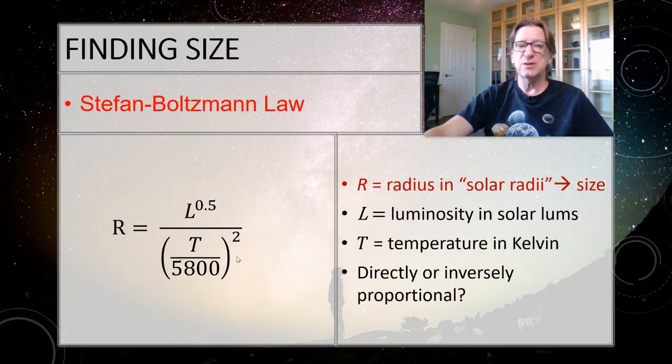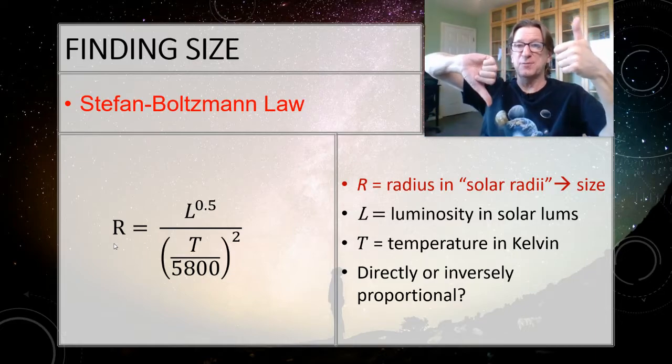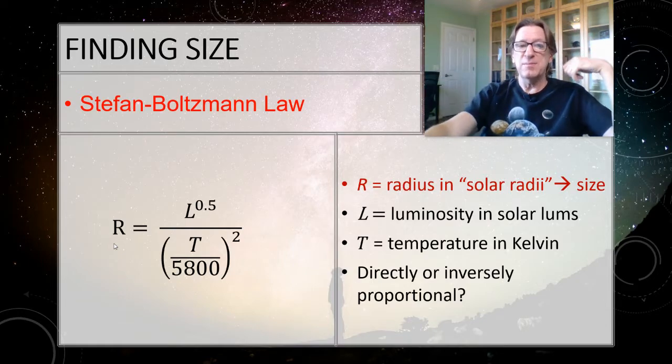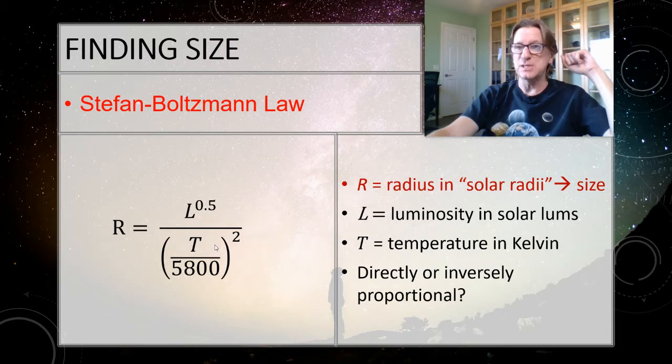Oh, and then we ask, is it directly or inversely proportional? So what we're talking about here, the temperature and the radius, are they directly or are they inversely proportional? Well, one's in the top and one's in the bottom, so they're inversely proportional. Let's see if that makes sense. As the temperature goes down, the radius must be going up if the luminosity is the same. That's our case with Betelgeuse and Rigel. The luminosities were the same. Betelgeuse had a lower temperature, T went down, so that means R must go up. So this is exactly what we found just by using logic.